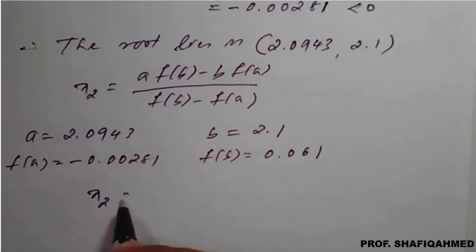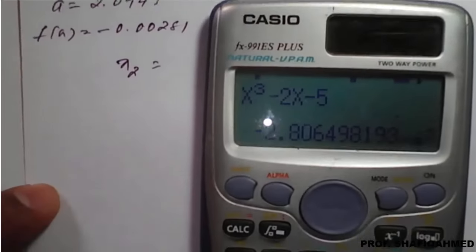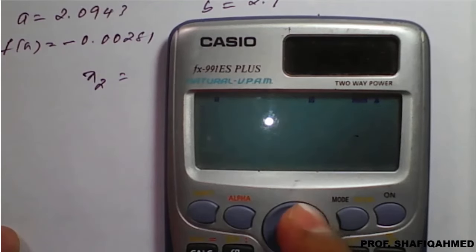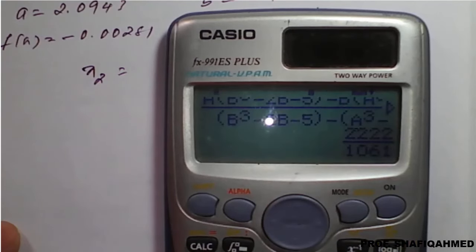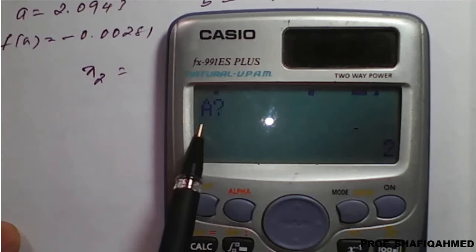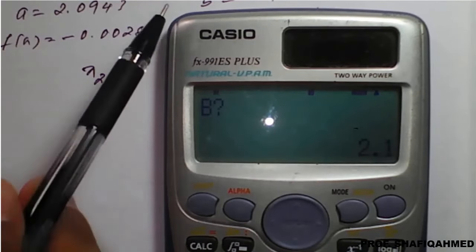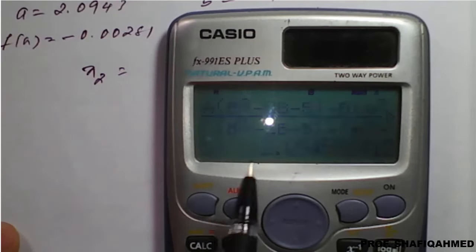So directly I will use the calculator, because we have already prepared the formula, so it is there. It will always be available in the calculator until you press on. If you press on, it will vanish. So just press the AC button, go to the center middle button here. You take it up once again, and the formula will be visible. For this, just press the calc option, it will ask the value of a. So the fresh value of a is 2.0943, and the value of b will remain the same, that is 2.1.